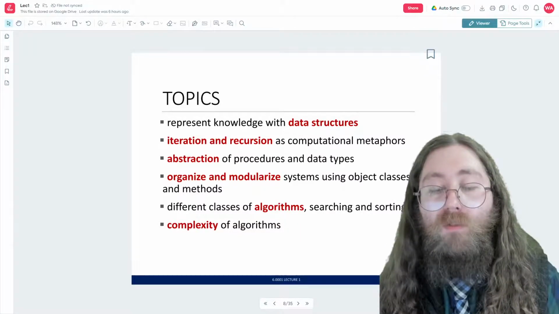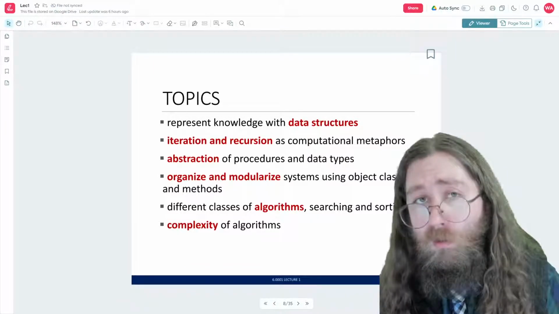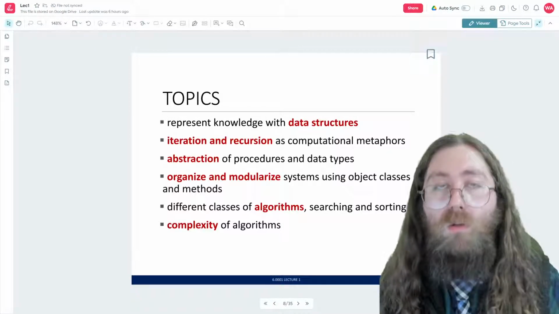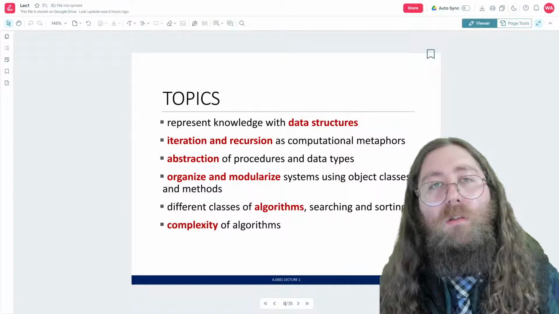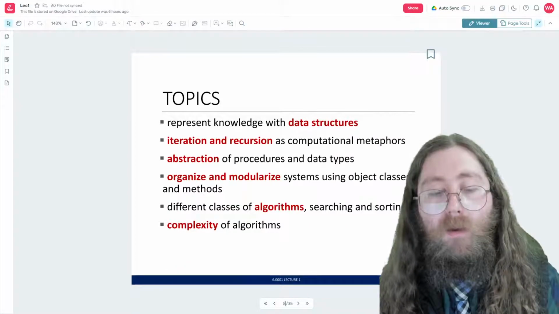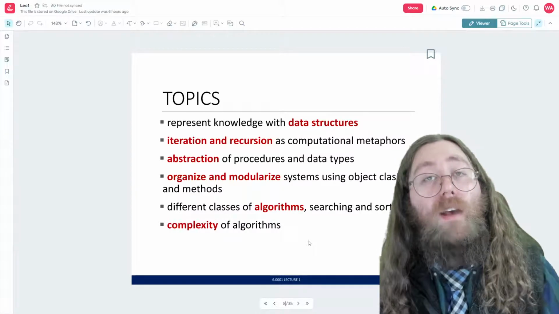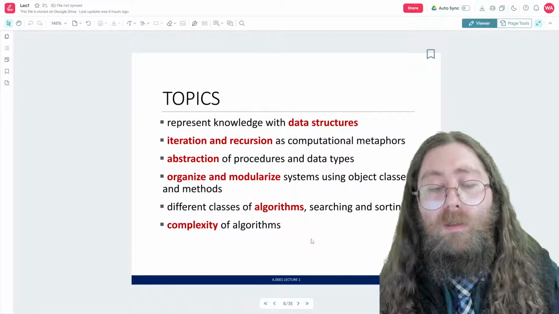We're going to learn about different types of algorithms, searching and sorting, which is very typical of a programming class like this. You're going to learn about how to sort data using different algorithms and search for particular pieces of data. And then we're going to have a discussion of the complexity of algorithms, which is very important when you're in computer science.